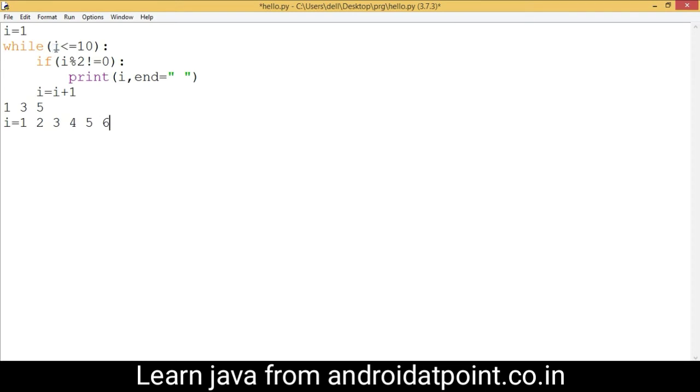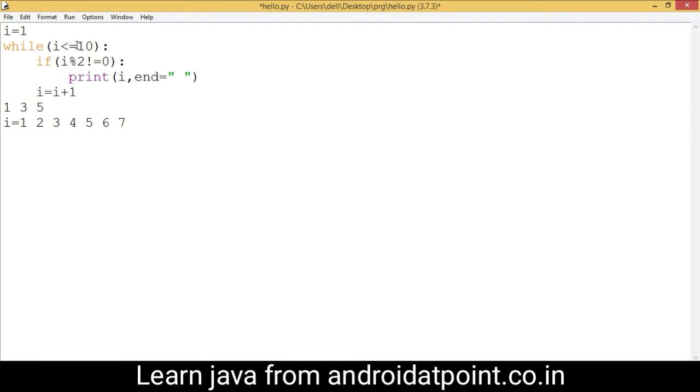Control comes here and checks the condition of the while loop. 6 is less than equals to 10, now the condition is true. Control again comes here and checks the if condition within the loop body, and 6 modulo 2 returns 0, so the condition becomes false. Control comes here and adds 6 plus 1, 7, and assigns it into the I variable as 7 and checks the condition.